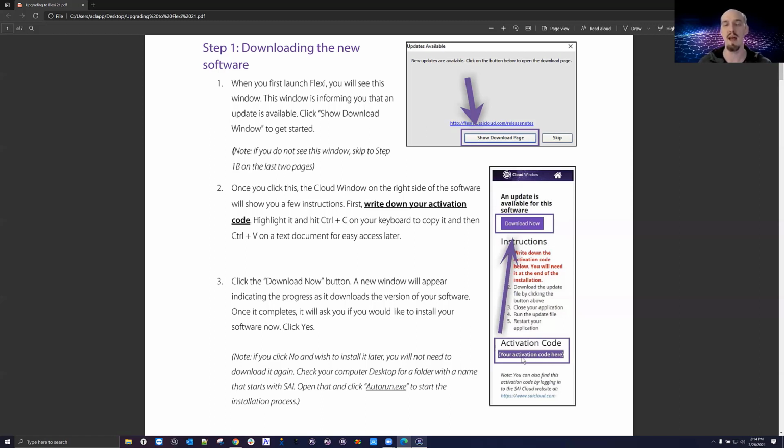You're going to want to copy that. So highlight it, right click, and copy that. Hit download now, and that's going to download a small exe file that's only probably 10 megabytes or so. That little exe file, you run it, and then the